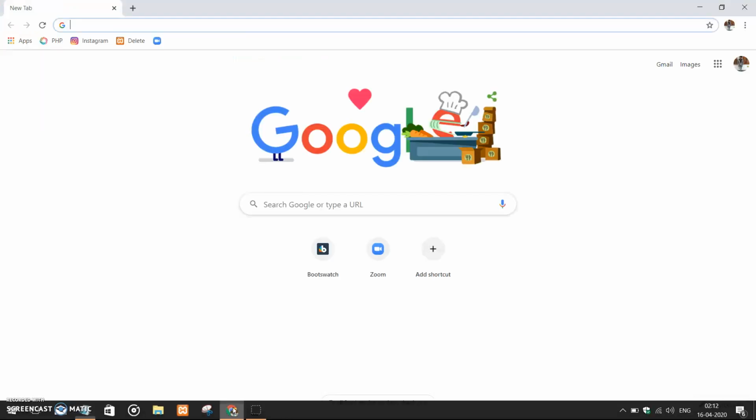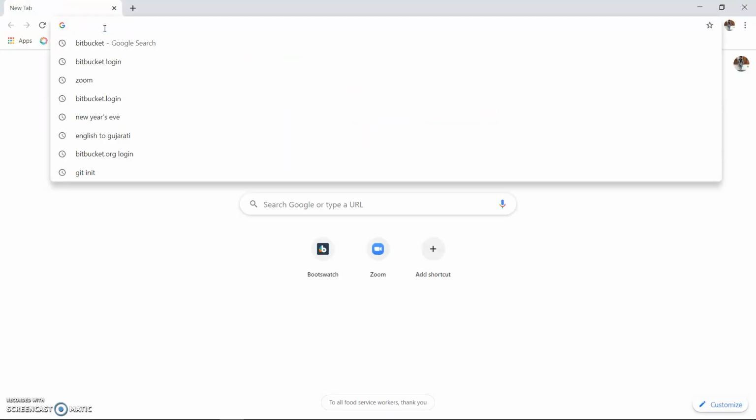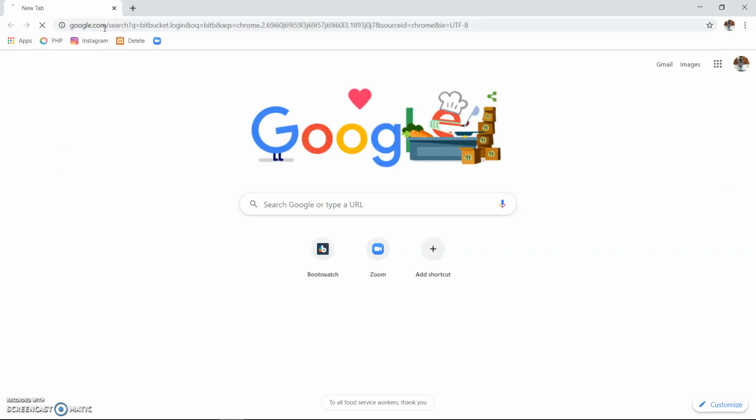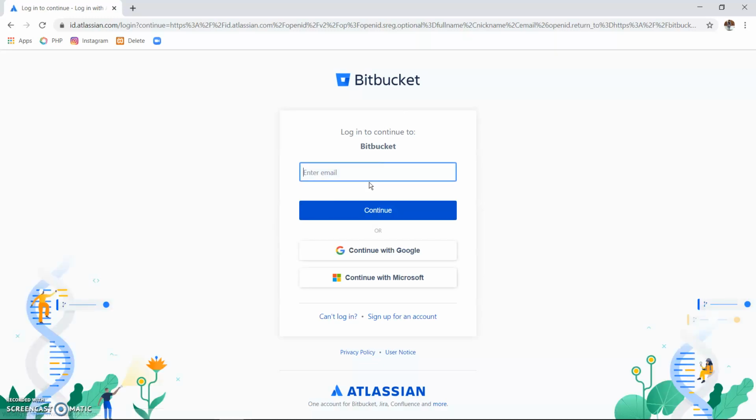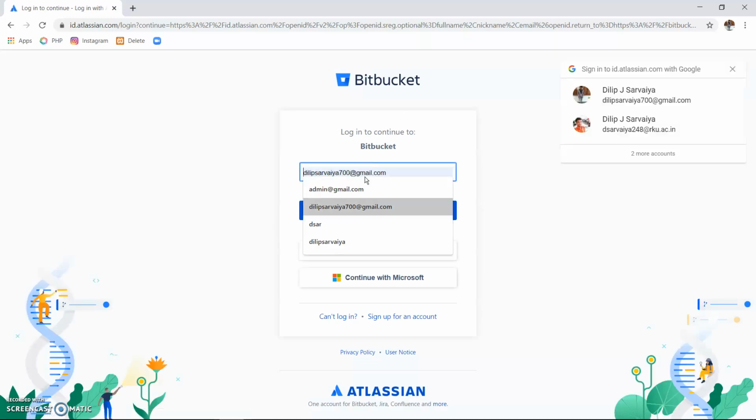So let me go here, and I will directly log in to Bitbucket. I already have an account in Bitbucket, so I don't need to create a new account.